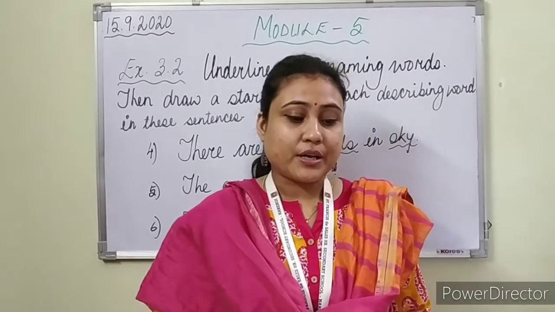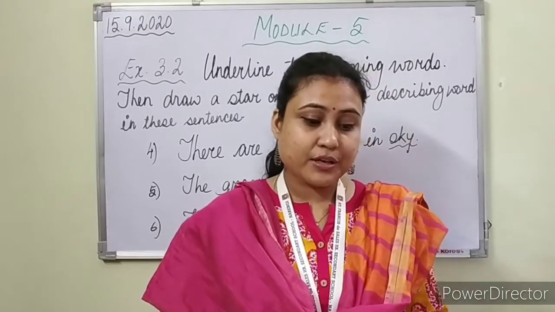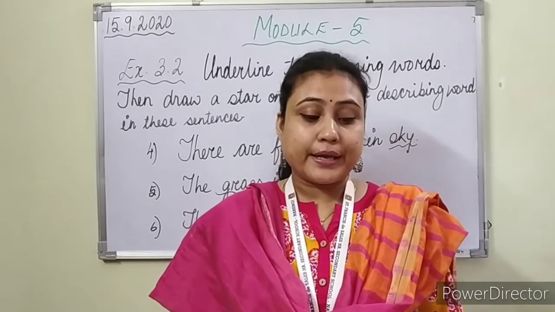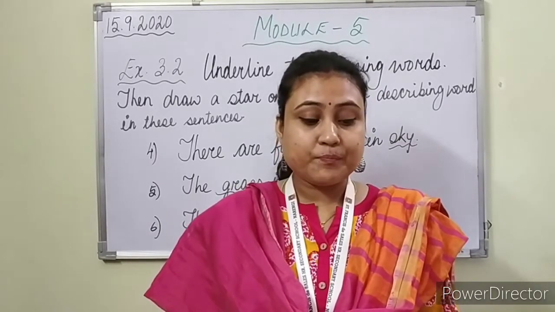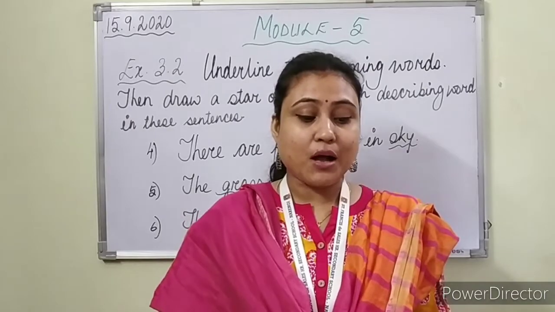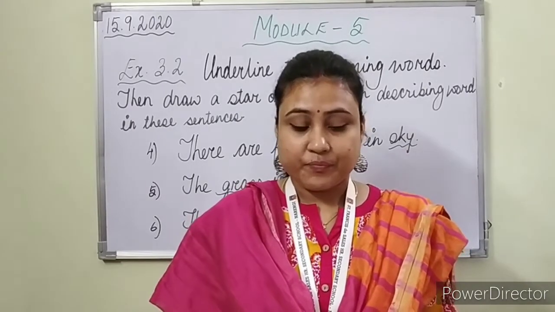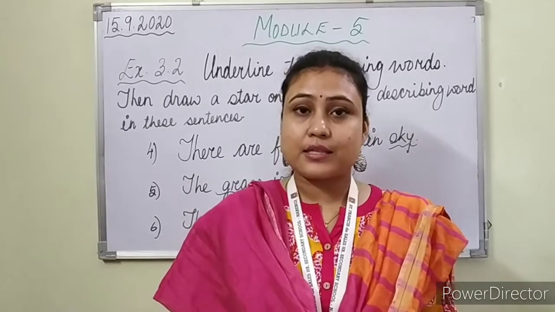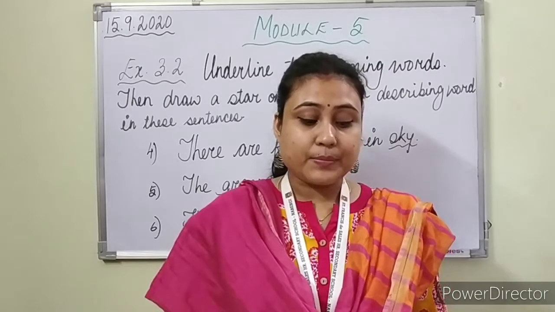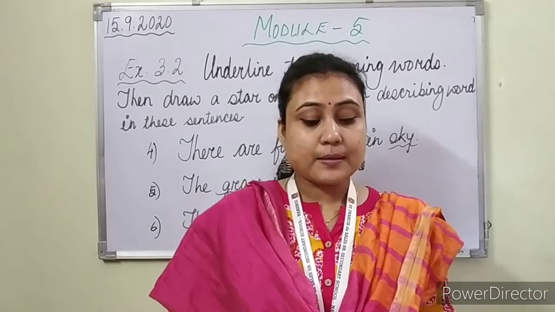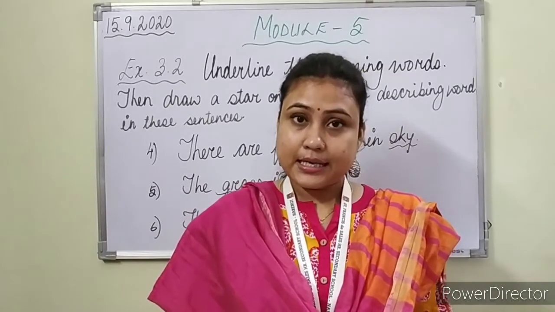Got it? Okay, coming to exercise 3.4. So what we have here: draw or paste a picture of yourself in the box given below. So what you have to do is draw or paste a picture of yourself. Okay, and then you have to add the details in the space provided. Now fill in the blanks with the words that describe you. Add a full stop when you complete a sentence.